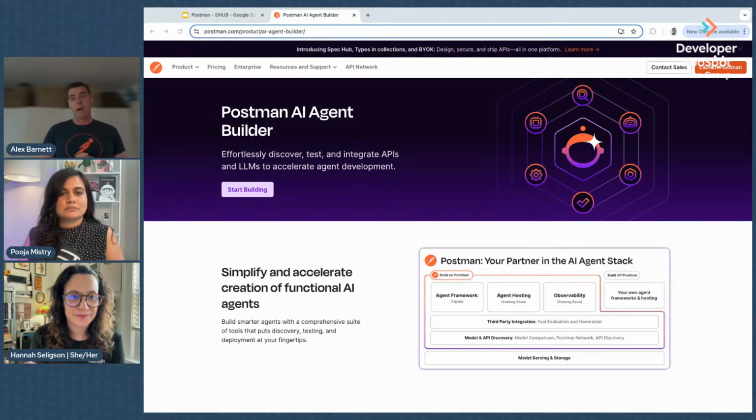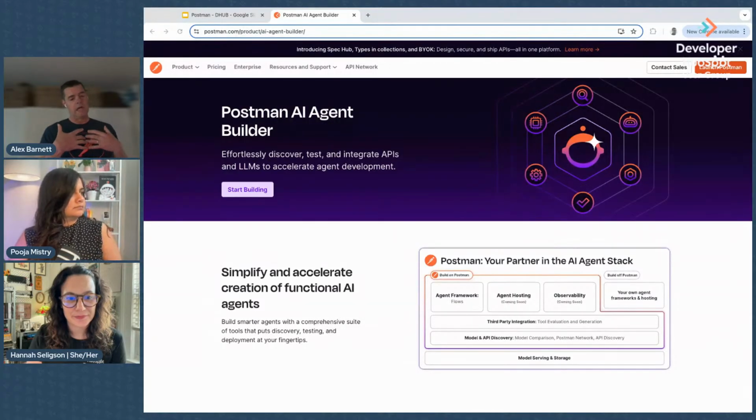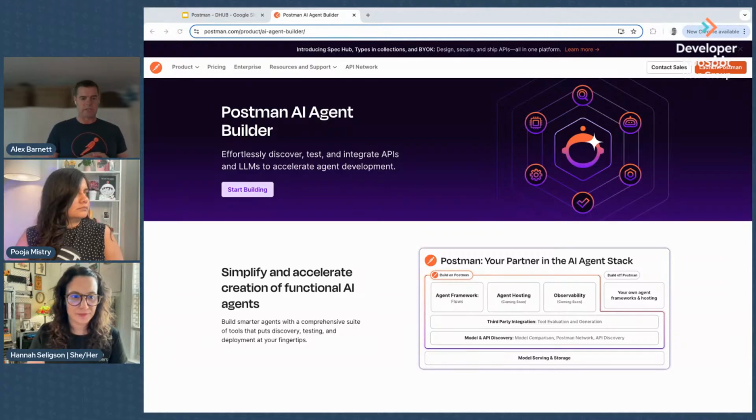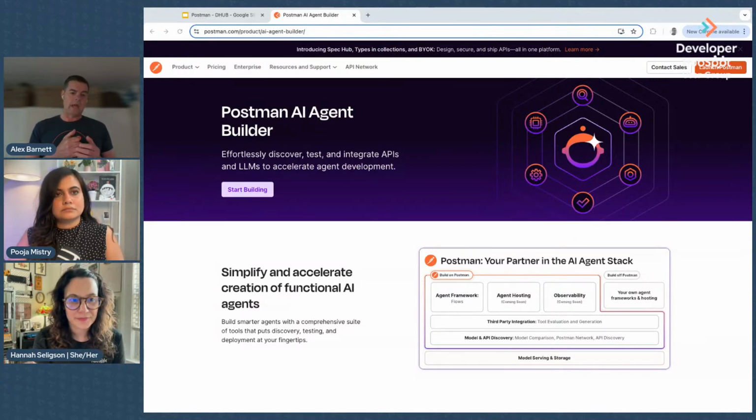So at Postman, we've been listening a lot to our customers. There's a huge amount of demand and excitement around that. And so back in February, we announced Postman AI Agent Builder. And you can think of that as a suite of tools that leverages a lot of the power of Postman, but also introduces new capabilities and features that allows developers now to really get going and start experimenting and playing and actually building and even deploying new agentic workflows, which is all incredibly exciting.